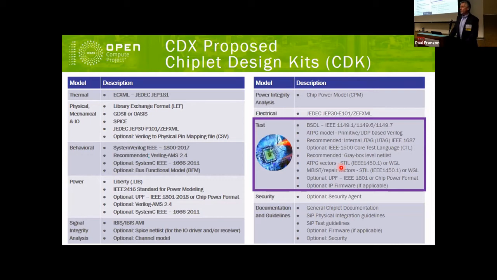Testing is probably one of the biggest challenges in these complex heterogeneous integration designs. So the primary test, and I'm talking about production test here, the primary test modes that we need to look at are on the die-to-die interfaces. So for testing, just the simple interconnect test can be conducted with boundary scan, and that would be a low-speed functional type of test. It's also recommended to do at-speed or high-speed testing of these interfaces if possible. And for that, you can use scan, IO-BIST, and loopback type tests.